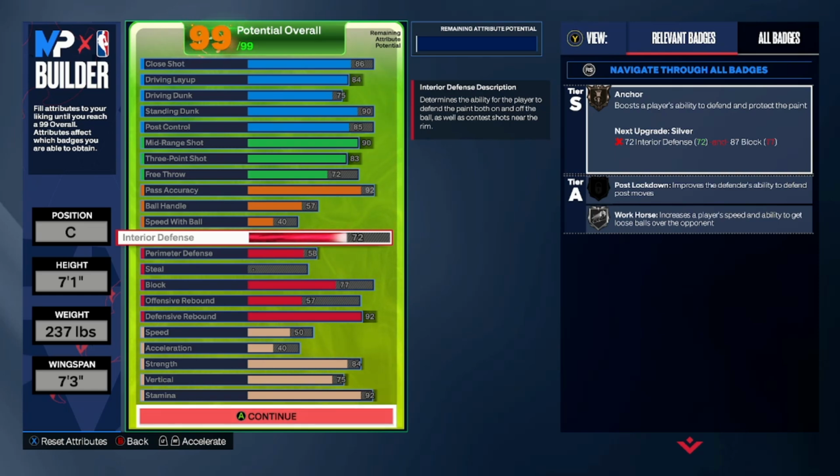Plus, if the center is backdooring or trying to backdoor me and stuff, I have off-ball pass, so I'd rather that, because having bronze post lock isn't really going to completely shut down the center. But I did low-key want the